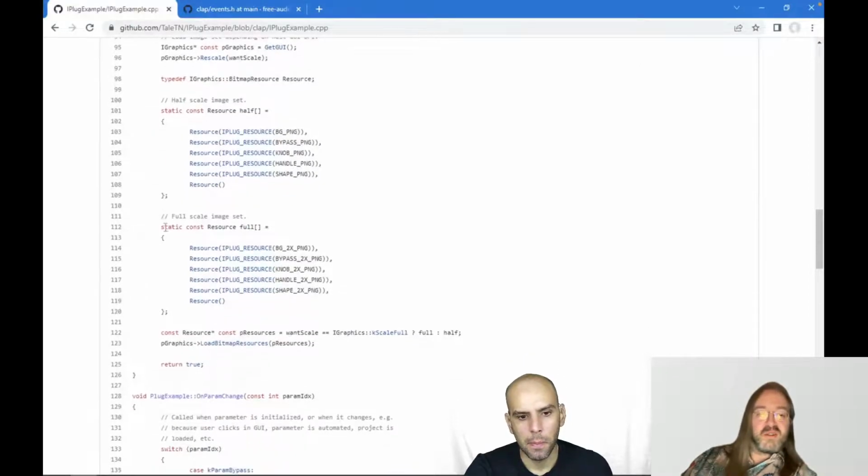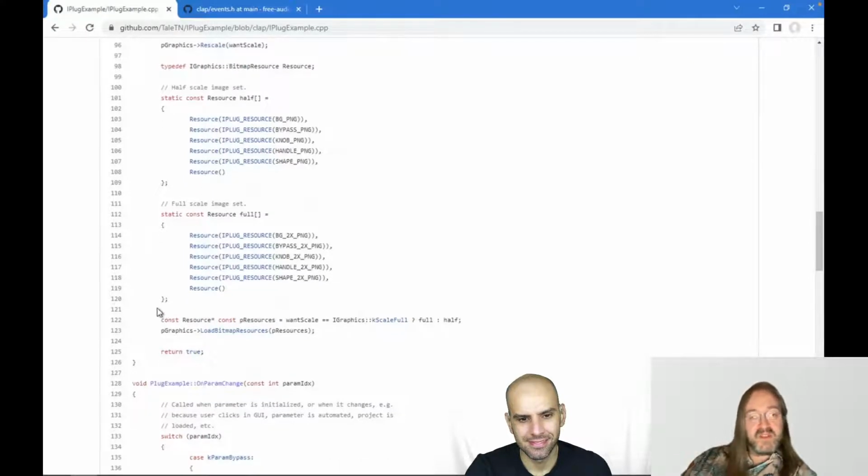So it's actually the coward's way out, because it's just easier to get good results. But of course there is a downside, because it makes switching less easy, because you have to load all the images again. So if your plugin is running on a computer that has two displays, one Retina, one not, then you try and drag the plugin from one window to the other, and it needs to load a bunch of things. Yes, and it will do that, and you see it switch over when you're more than halfway across the screen. So if you're just in between, it will keep the old size. But if you just drag it a little further, you see it switch over.